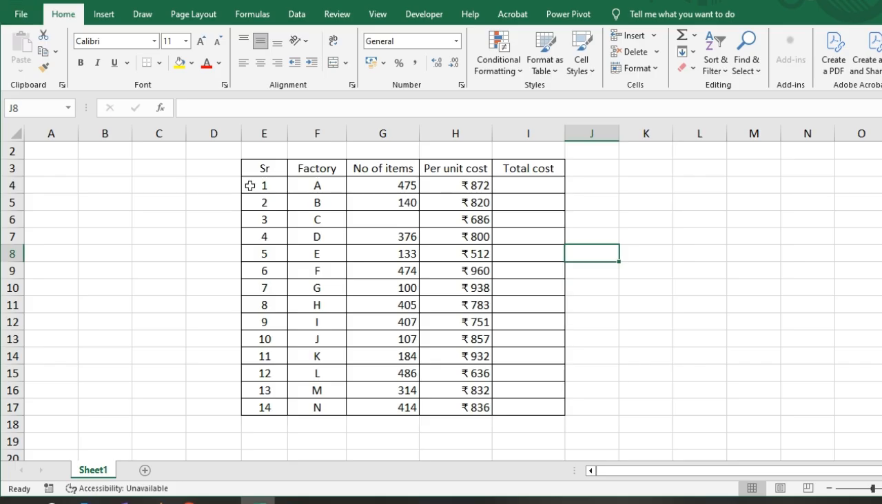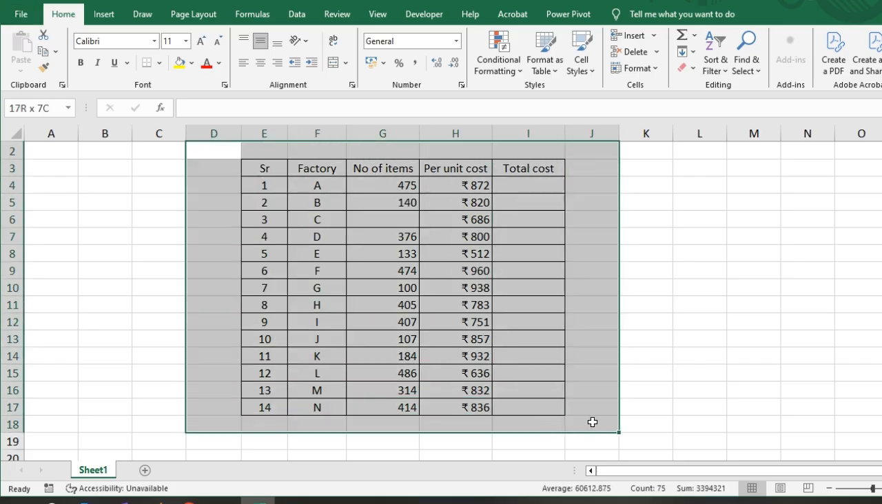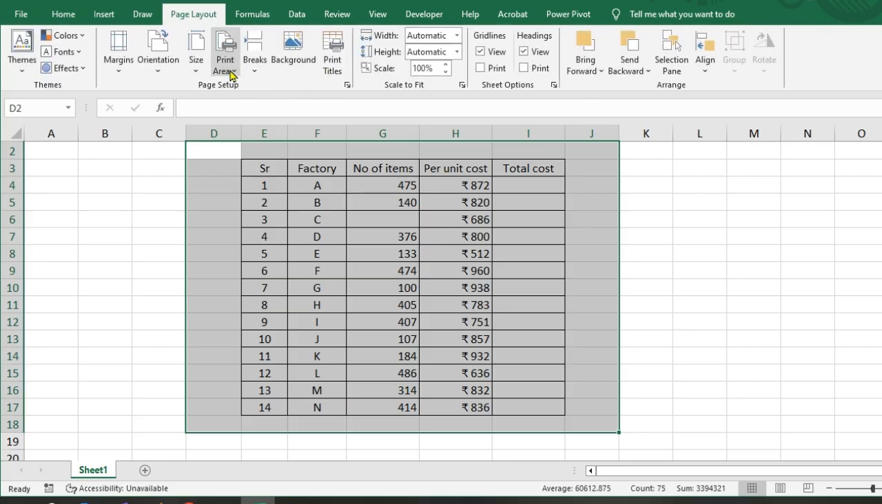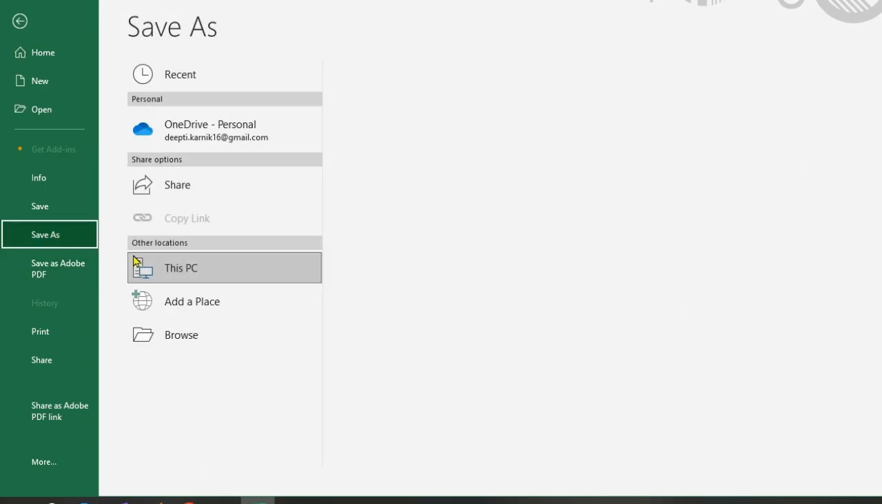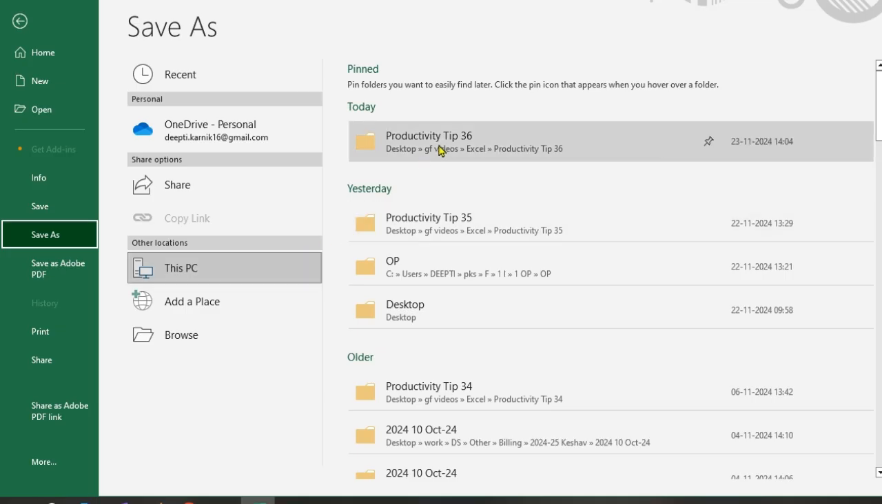Now if we take a print of this particular thing, we can go to page layout. In page layout, select print area, in that set print area. Since we have selected this as a print area, this is the area which will get printed. For that, go to file, save as. I'm showing a PDF for this, and in that,